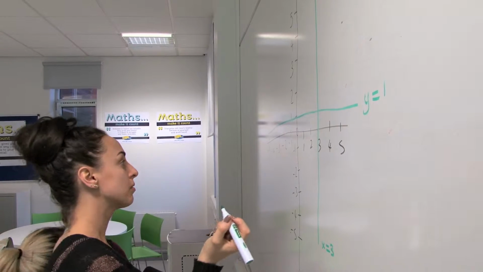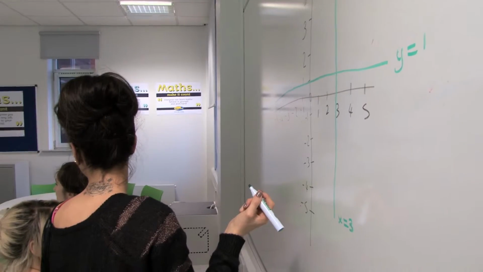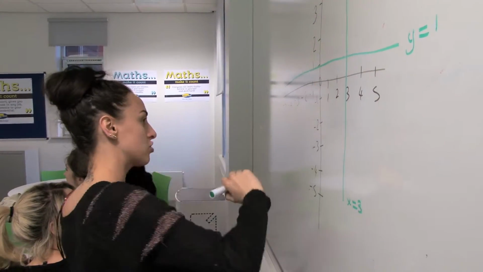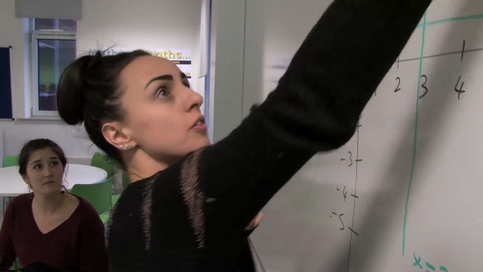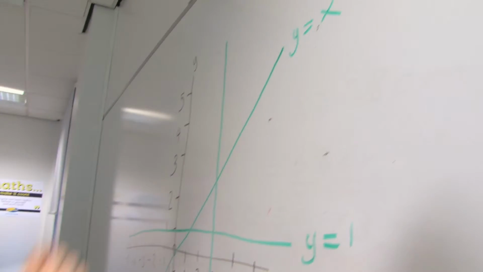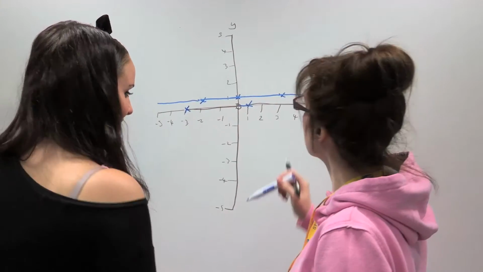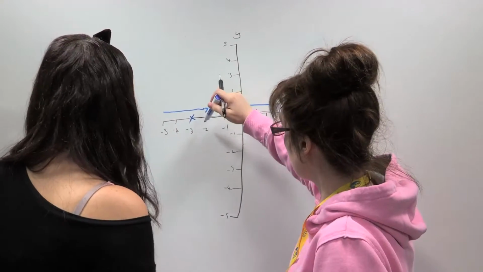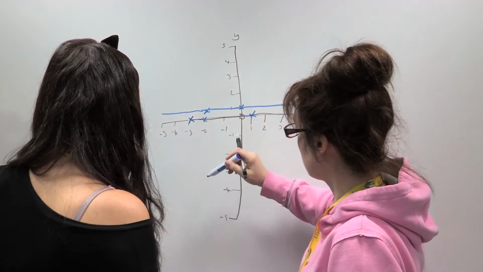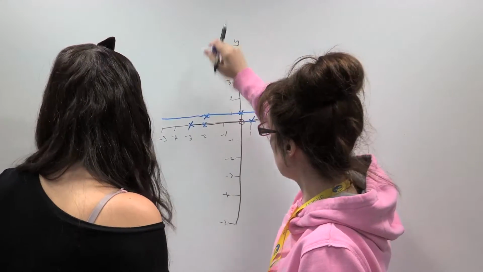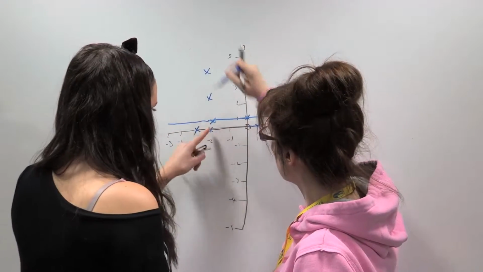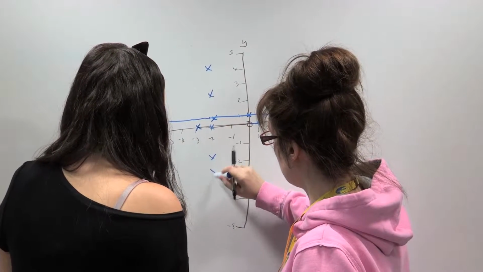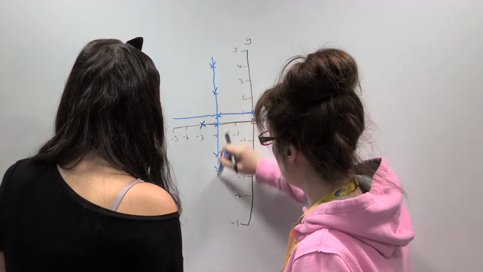Y equals X. What about the line? Why is it? I'm not sure. Right across. Is that what he's done? Positive, I didn't know. Oh, I didn't know that. Y equals X. X equals minus 2. It's only there, isn't it? So, no matter where you plot your X like that, it's always going to be X equals minus 2. Then it'll cross down, won't it? Yeah, but it's still X equals minus 2.